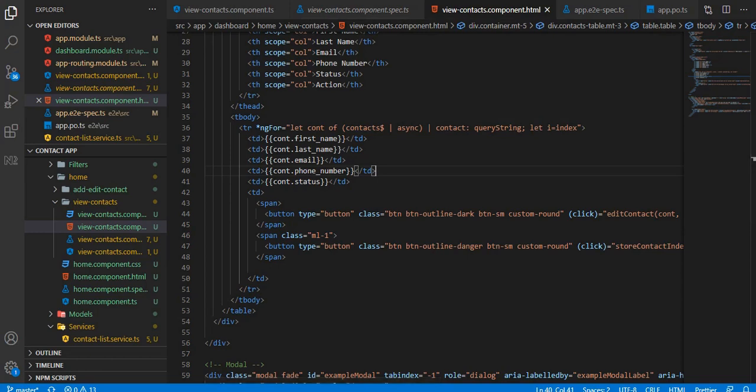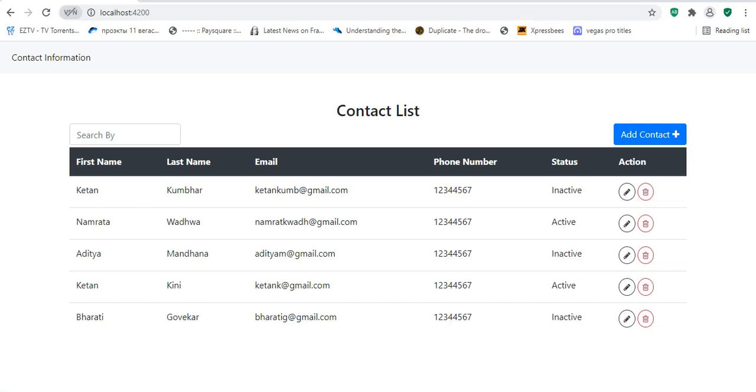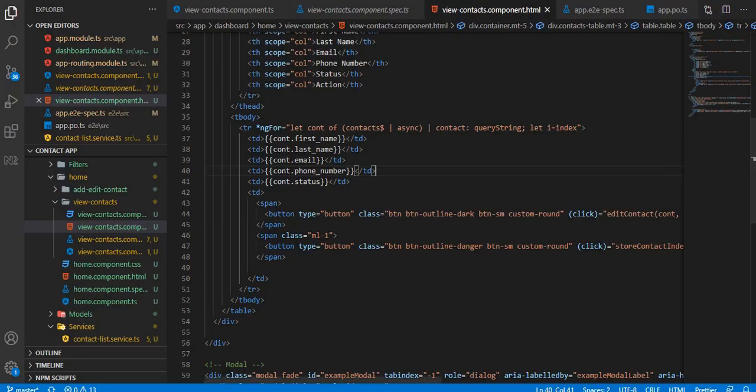Now what we want to do is put a condition which will filter out the statuses and show only the active statuses in this table. So let's add an ng-if condition to the ng-for and see if that works in Angular 2 plus.